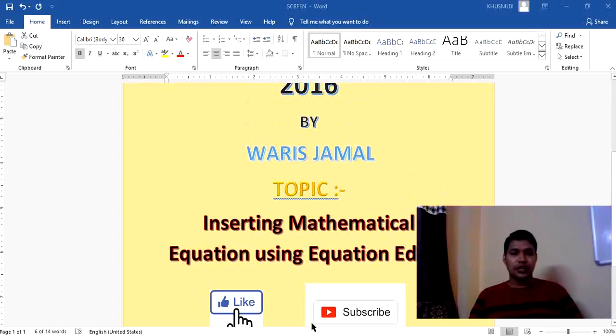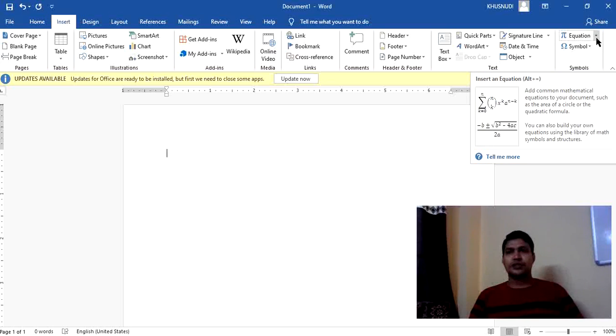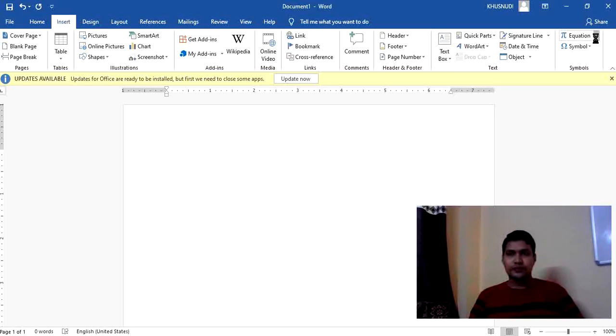Okay, let's come to the topic. First of all, you have to go to the Insert tab of MS Word. We have opened a blank document of MS Word and go to the Insert tab. In the Insert tab there are various groups, Pages, Tables and so many groups. You just directly come to the group named Symbols. In the Symbols group you will find an Equation option. When you click on the small drop down button,